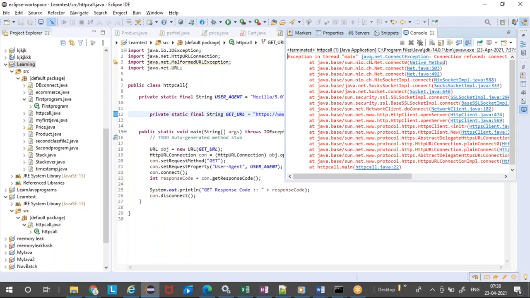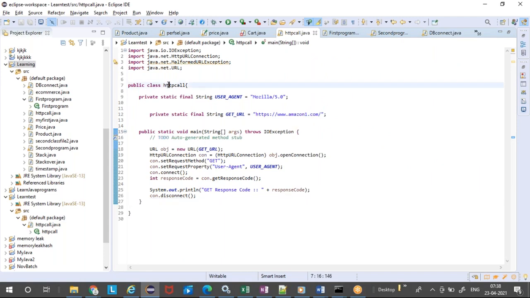There are going to be third-party calls. If a third-party call is not responding, or if it is throwing some timeout, you will get similar exceptions. Whenever this HTTP call takes more time, your response will get impacted. The main call, whichever called this HTTP call class file, would have reported high response time. But when you troubleshoot the problem, it will show the response time problem is with this HTTP URL connection.